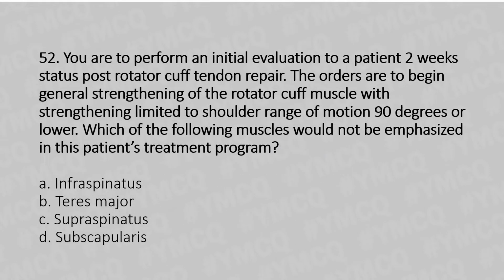Moving to our 52nd question. You are to perform an initial evaluation on a patient 2 weeks status post rotator cuff tendon repair. The orders are to begin general strengthening of the rotator cuff muscles, with the strengthening limited to shoulder range of motion 90 degrees or lower. Which of the following muscles should not be emphasized in this patient's treatment program? Option A. Infraspinatus. Option B. Teres major. Option C. Supraspinatus. Option D. Subscapularis. And the answer is